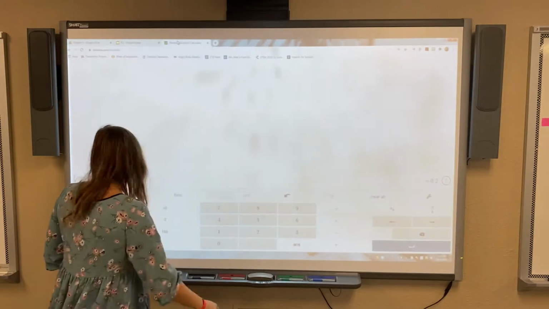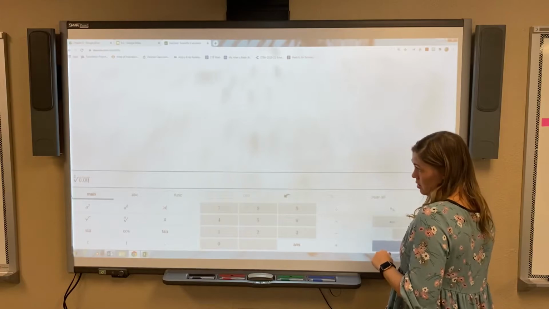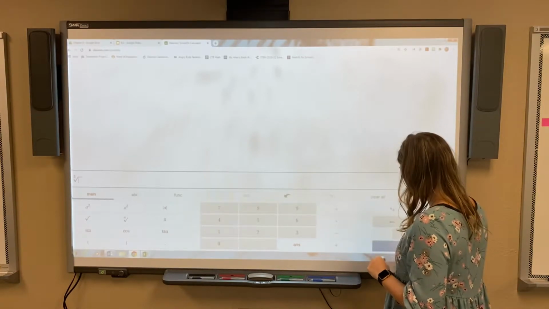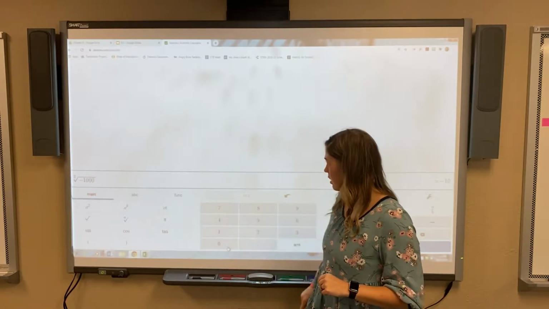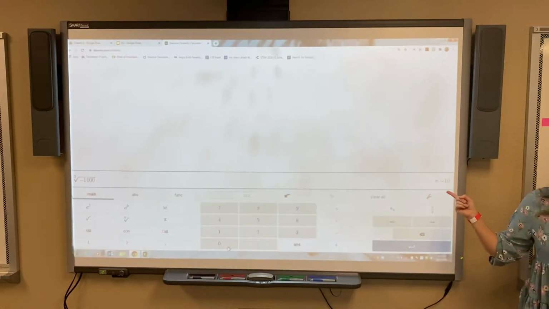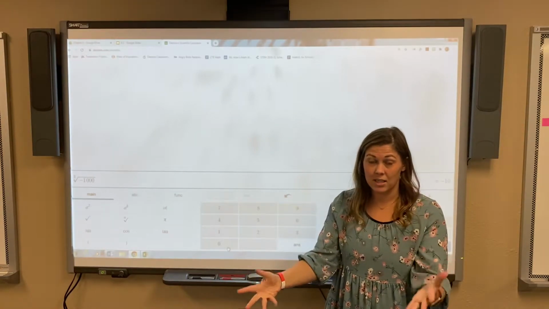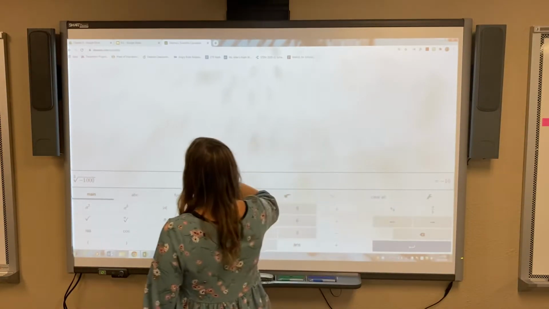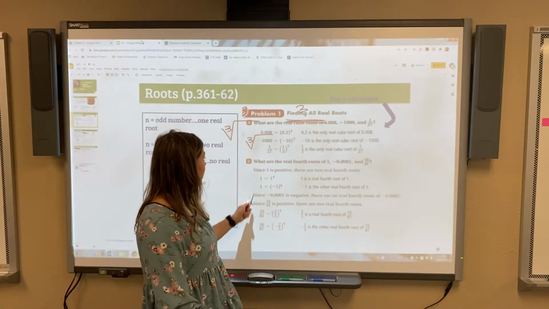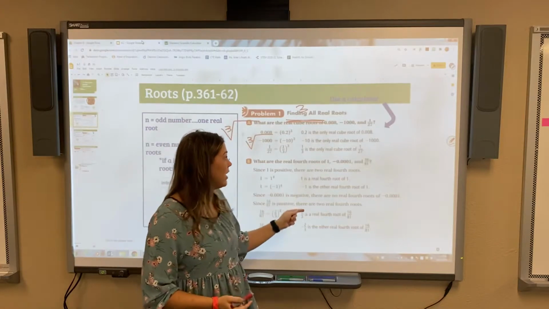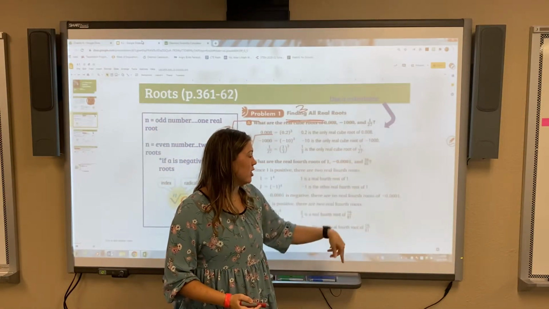So we're going to say the cube root of negative 1,000. And look, negative 10. So negative 10 times negative 10 times negative 10 is negative 1,000. Okay. So if we wanted to find the real fourth roots of 1, negative 0.0001, and then 16 over 81,